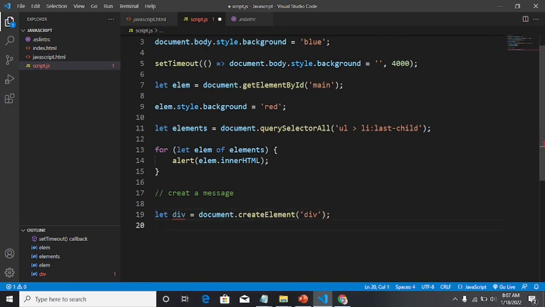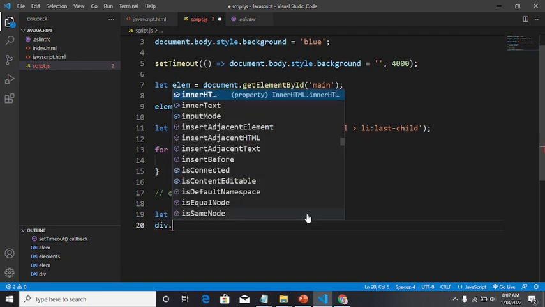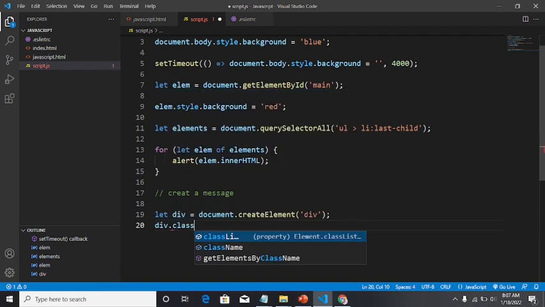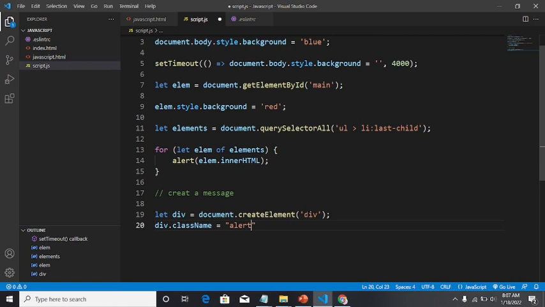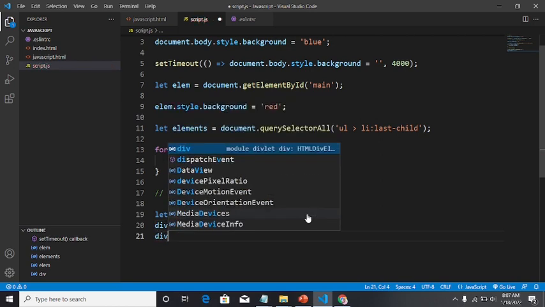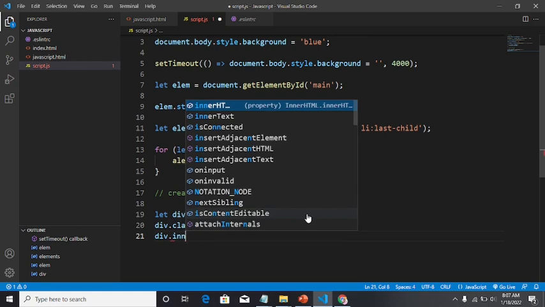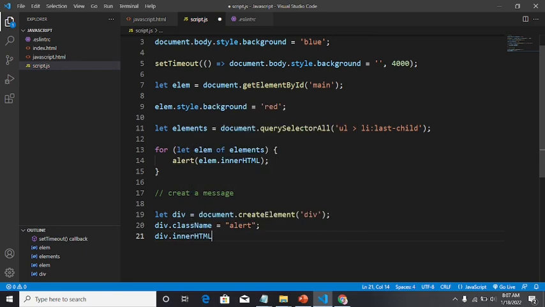Then I'm going to have div.className with a camel case like that, and then this equals alert. So I'm just going to explain what I'm doing here. So div.innerHTML is equal to something like